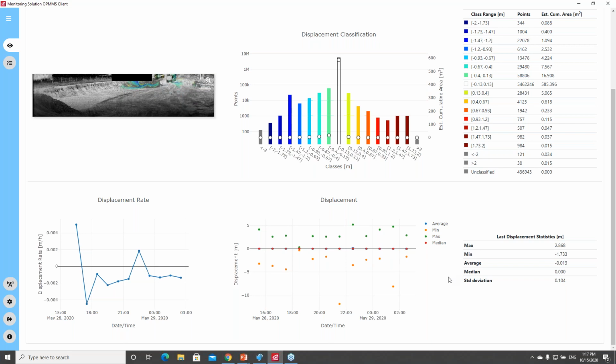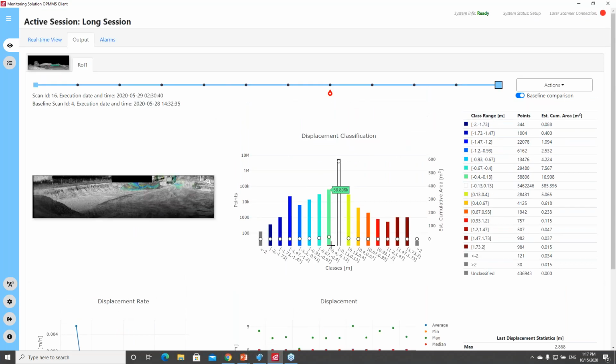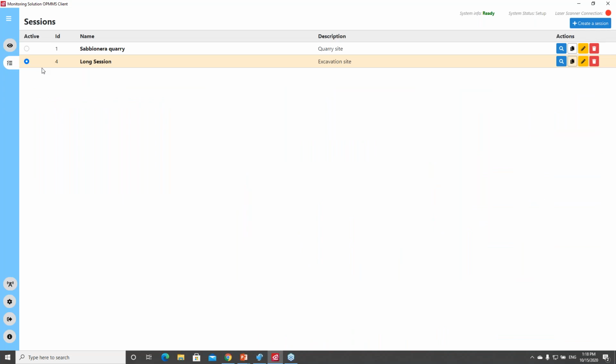events. As I mentioned before, we can set a new reference point in this timeline for any interested analysis. Those graphs and image will change accordingly. This is the information that the alarm reports, and that can easily be received by email or on the phone via SMS. Let me now move to another monitoring session